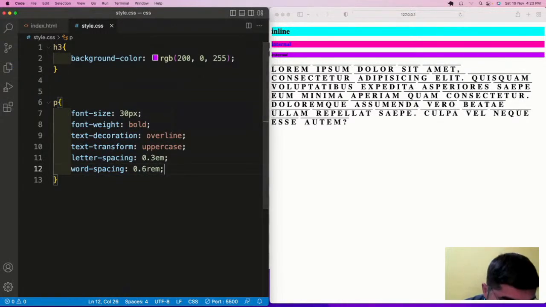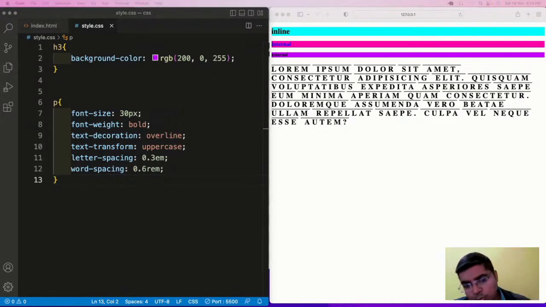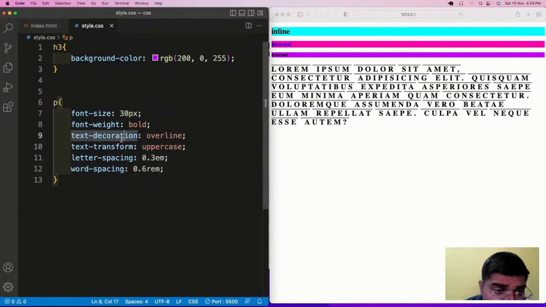So let us discuss them now. What is font size? Hope you all know what font size is. Yes, you all are from a technical or engineering background, so you all know what a font size is. Now guys, next is font weight. Font weight is the boldness of the font. Text decoration, we have the values overline, underline, line through, like that. Text transform, where you can have the text as uppercase, lowercase, or normal. Letter spacing means spaces between the letters, and word spacing means spaces between the words. Okay, so these are the things.